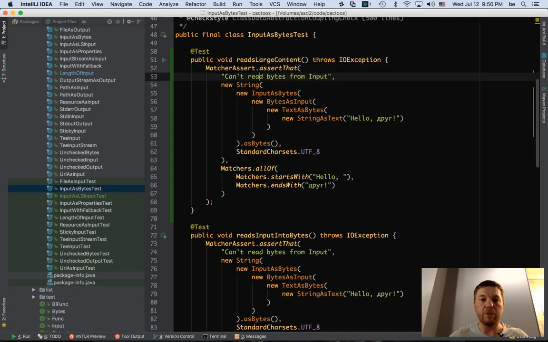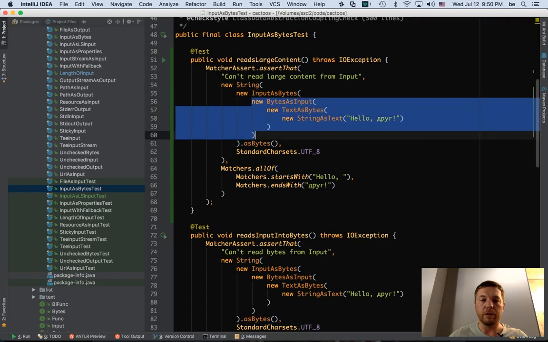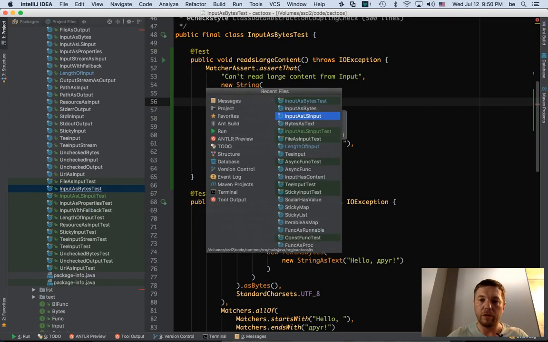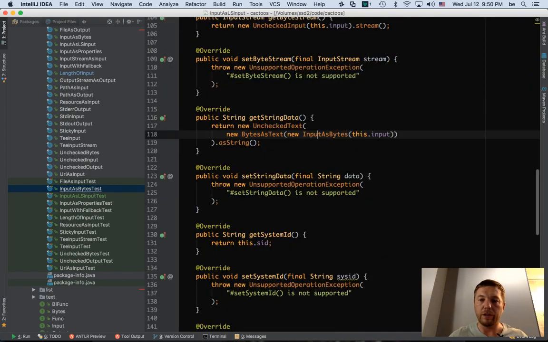Can we test reading large content from input? We say input as bytes, new URL as input. Wait a second, how do we do it there? I want to reproduce exactly what we're doing in this class.